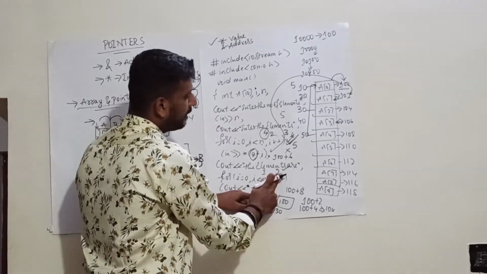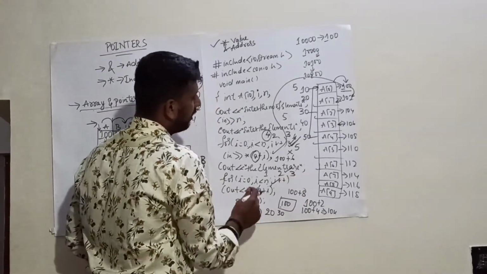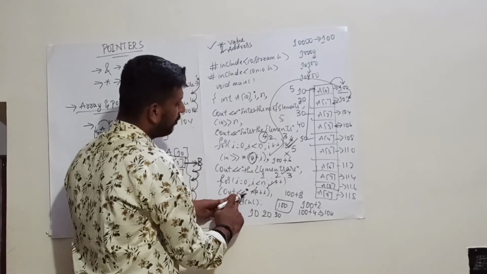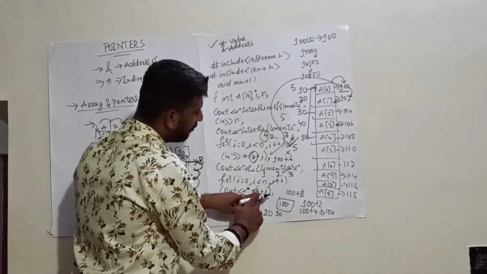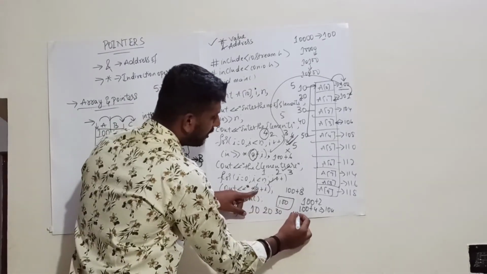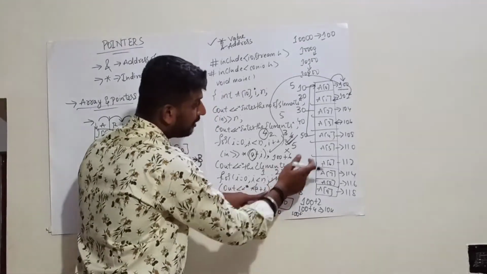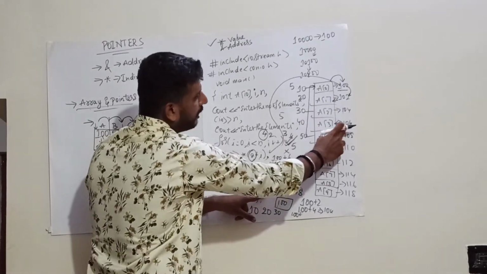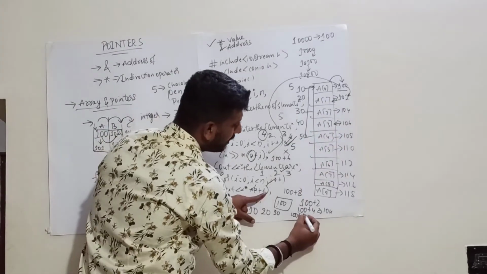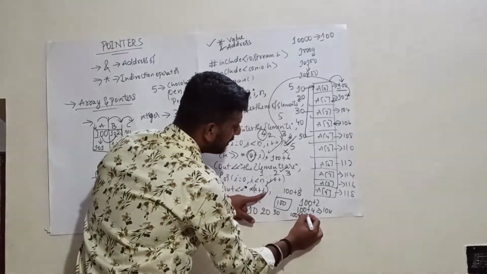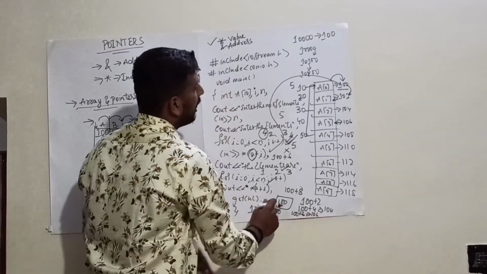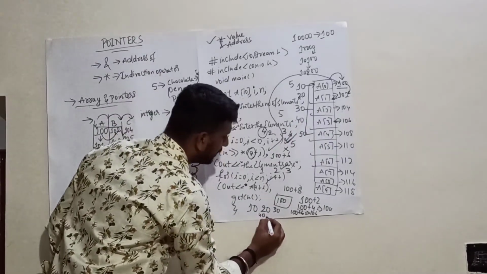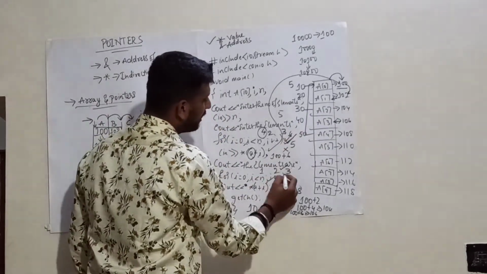Again I value gets incremented. I value now becomes 3. 3 is less than 5. True. Again you are displaying the value that is present at a plus I. A value is 100. I value is 3. 3 is the I value in the for loop, but according to the pointers, the value gets incremented in the steps of 2. So 100 plus 6, it is nothing but 106. At 106, what is the value you have? That is nothing but 40. 40 will be displayed.